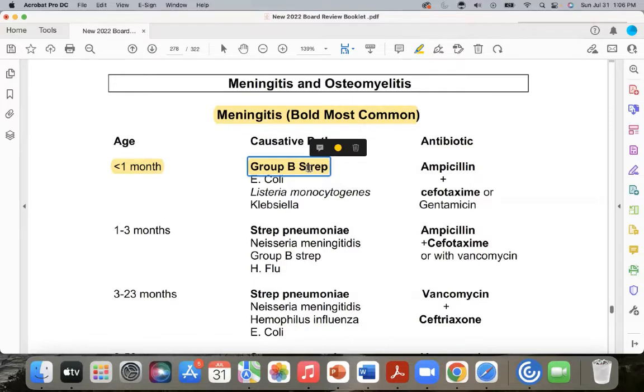So group B strep is part of that prenatal visit. For moms, when they're at 32 to 36 weeks, we swab, just to make sure that if she's positive, then obviously we treat her, because the last thing we want is Junior getting exposed to group B strep. One of the things you'll see, guys, is we talk about this bacteria in such an ambiguous term, like, oh, group B strep, button babies, ha ha ha. Trust me, it is a lethal bacteria.